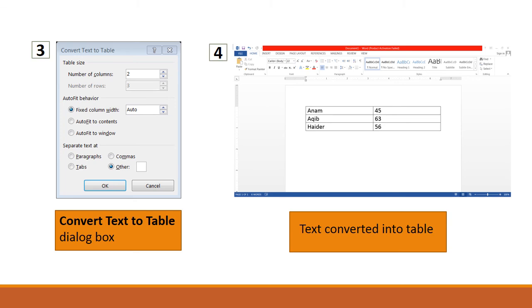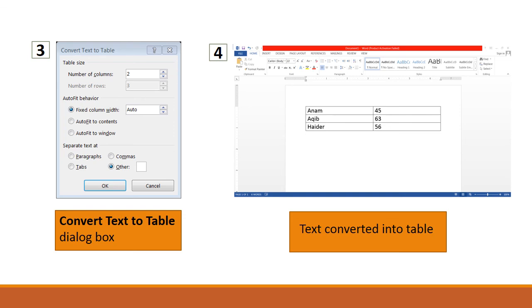So we have chosen the other option here, and in the box that is associated with this option we have to enter a space as well. We have added a space in this box by using the space bar. Definitely that is not showing on the screen because it is a space. And when we click OK, our text will convert into a table.